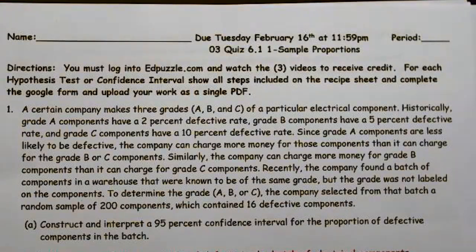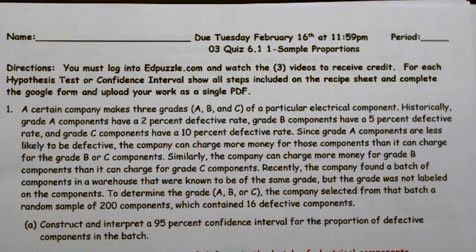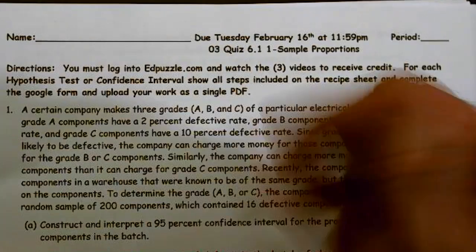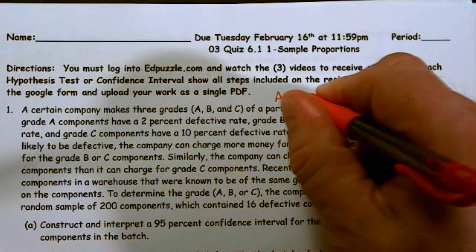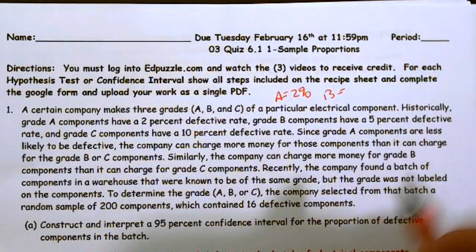Okay, so this is the first video for the take-home quiz, and this will be scenario one or question one. A certain company makes three grades, A, B, and C, of a particular electrical component. Historically, grade A components have a 2% defective rate, grade B have a 5% defective rate, and grade C have a 10% defective rate. So grade A, go ahead and note this, A equals 2%, B is 5%,